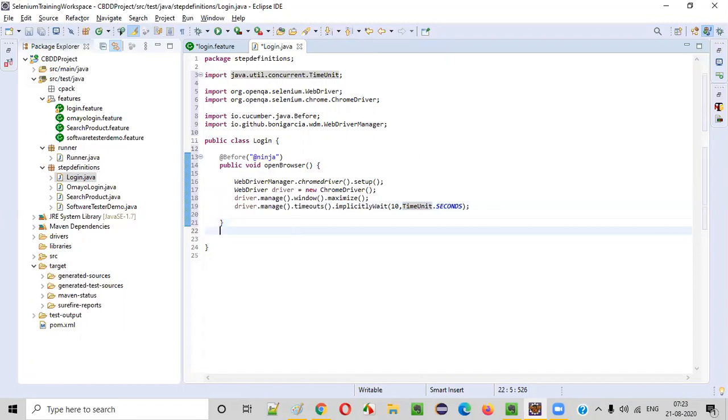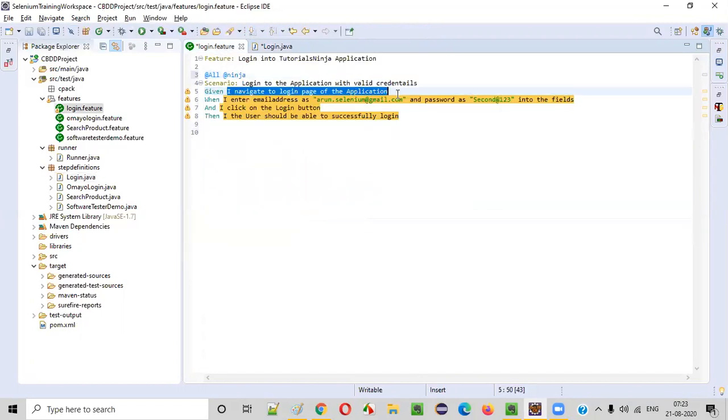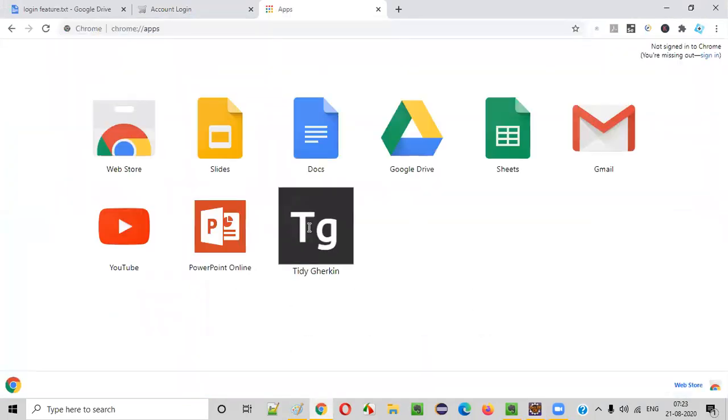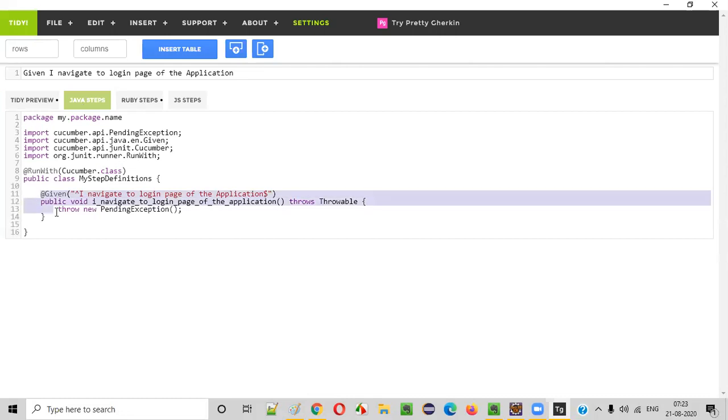Now I have to create another method for this first step, navigate to login page of the application. So I'll go to that application, which is Chrome, under Chrome apps. I have to open this Tiny Gherkin, which I explained as part of one of the videos. So given Java steps, this is the auto-generated code.